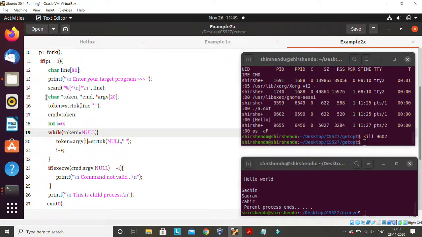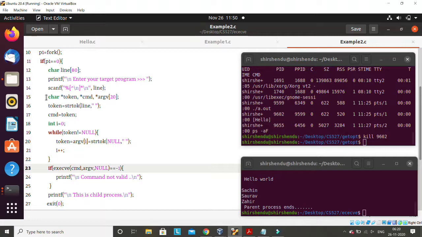If you see the book, in the textbook there is a program written, and there are separate functions written for how to handle these lines and all. But ultimately they are also doing the same thing that I am doing here, creating this argv array of strings, and then passing it to this function. So I hope you will read this book and try to understand the program written there also. But the program that I have written here is a simplified version of that program.